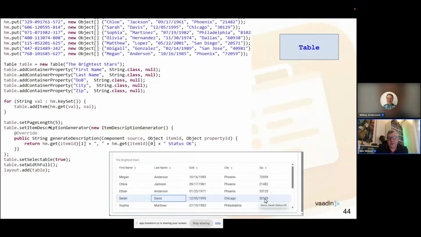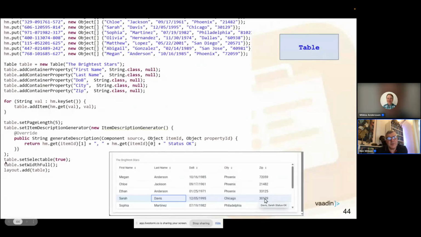We set the page length of 5, and that's the Vaadin 7 way of saying show 5 rows, which is actually happening here. We do the set item description generator, and here we have an item description generator that does something very simple, like show Davis Sarah status OK, which is just a string constant shown here and just calculated from the data that was in the collection